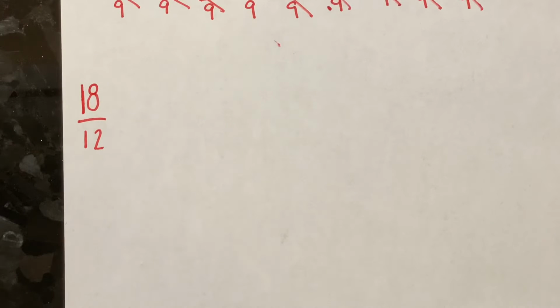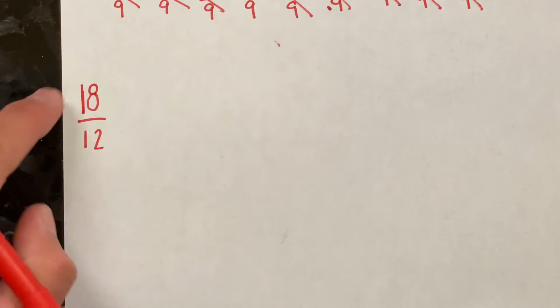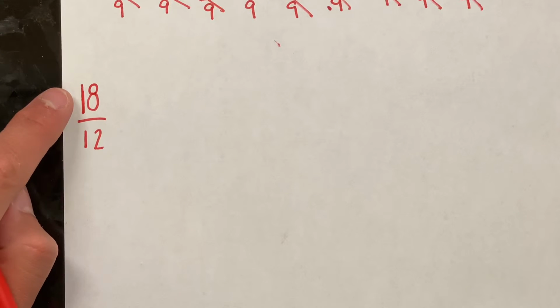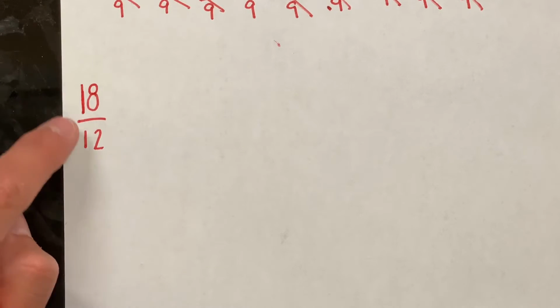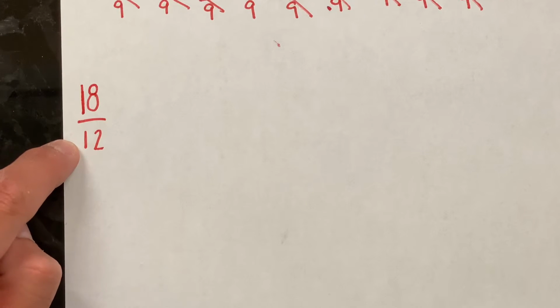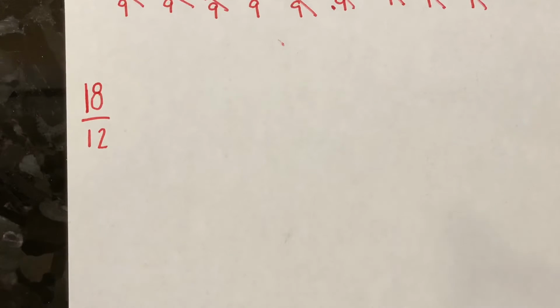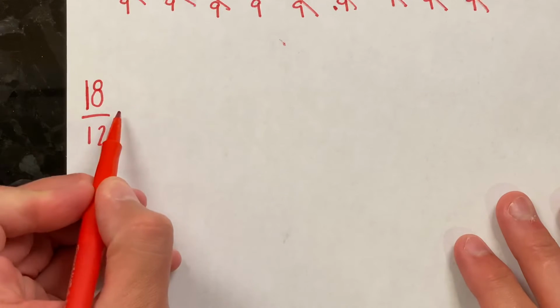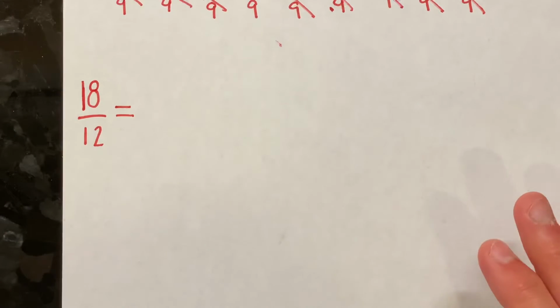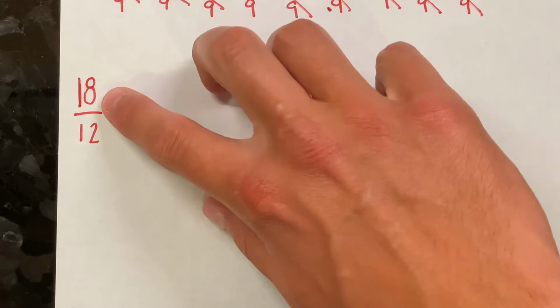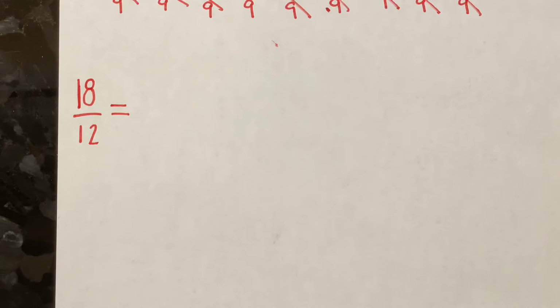Next one is 18/9. Now, this is what you call an improper fraction because it's got a larger numerator than it does a denominator. And when I have a larger numerator, that tells me that this fraction is already greater than 1. What's beautiful about these types of fractions is the fact that I can still decompose it. I can still pull out pieces, and I can pull out up to 18 different pieces if I really wanted to. But realistically, let's pull out something easy. I'm going to pull out,